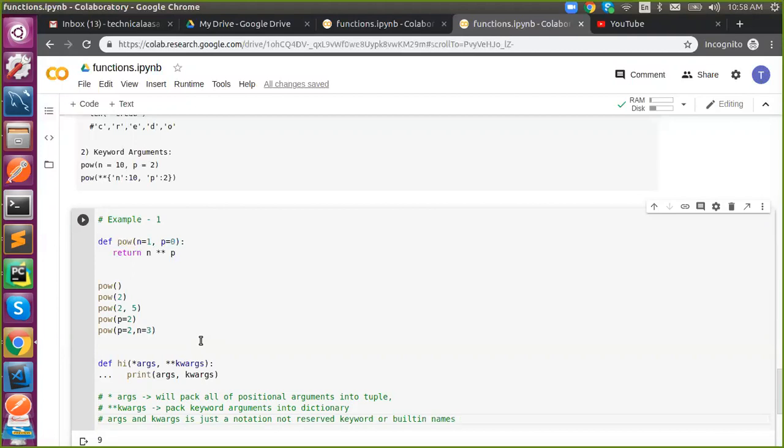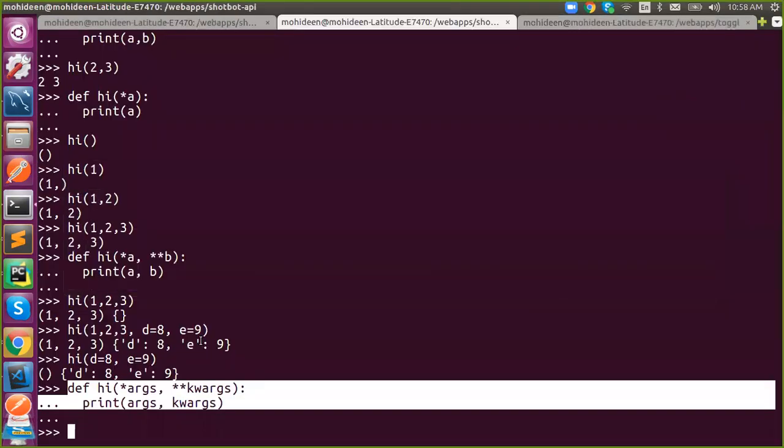Okay. So both are not a reserved keyword or a built-in name, just a notation to capture, to pack values. That's it. Got it?